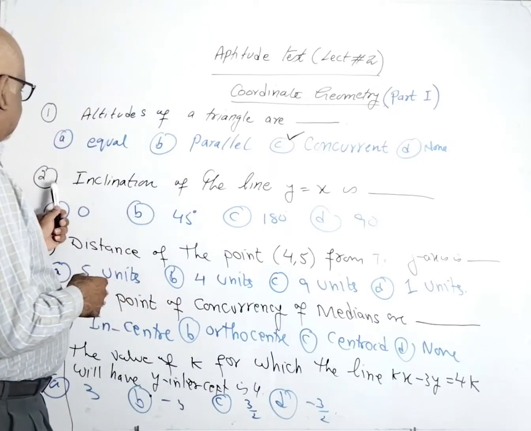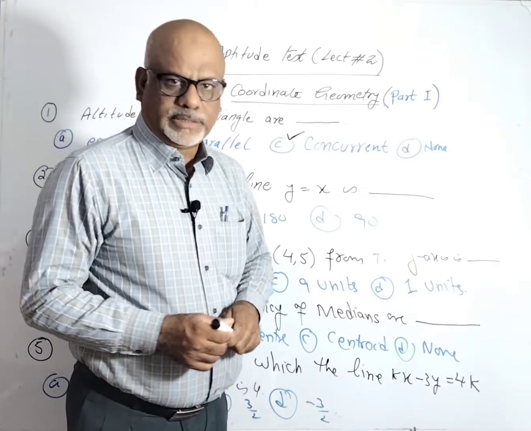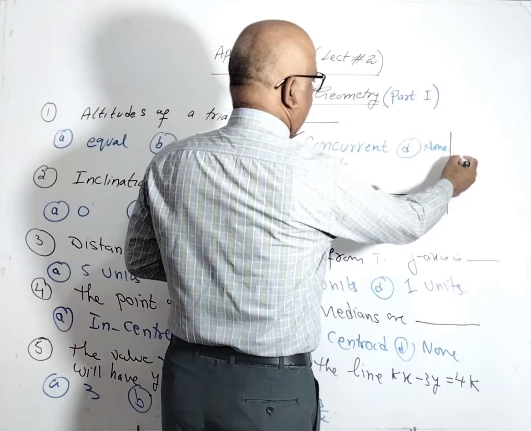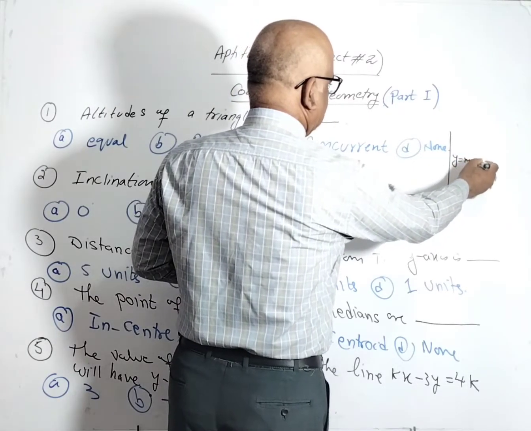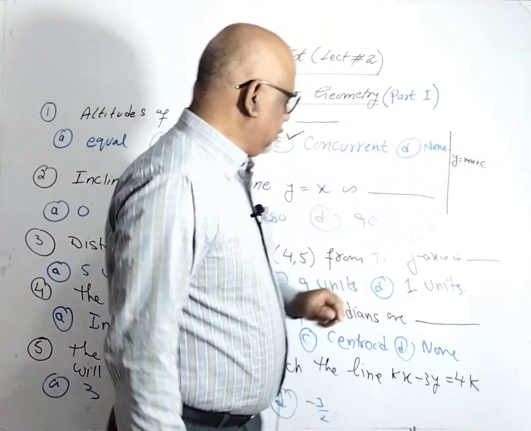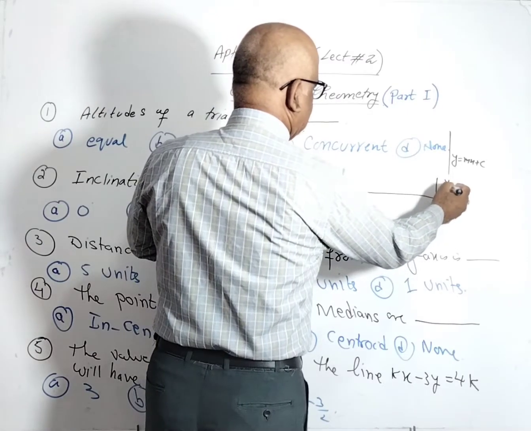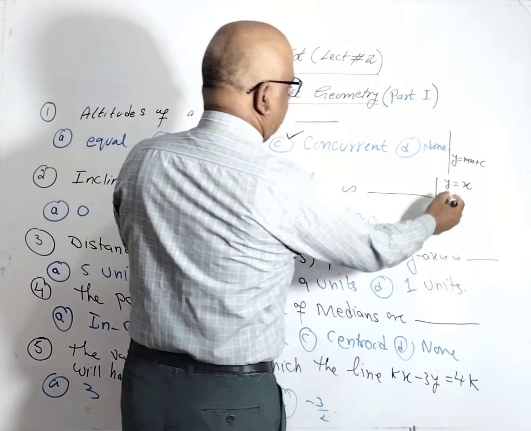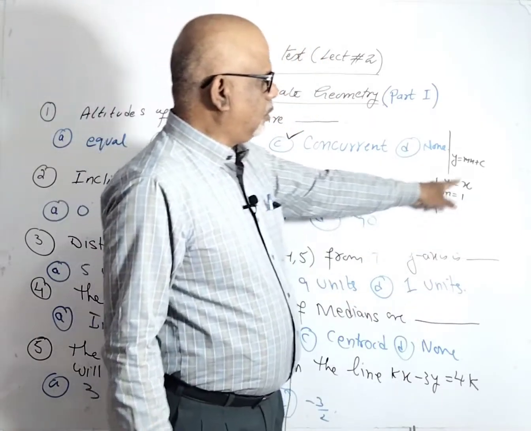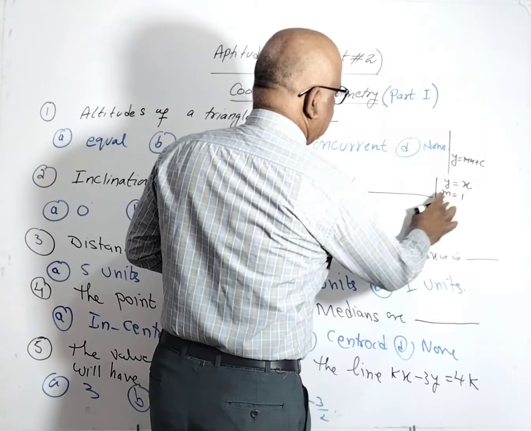Now come to the second MCQ. The inclination of y = mx is? Now here, dear students, we have a general formula, y = mx + c, the slope intercept form. Here we have the equation y = x, which means the coefficient of x is 1, that is m = 1. And we have a formula here, m equals